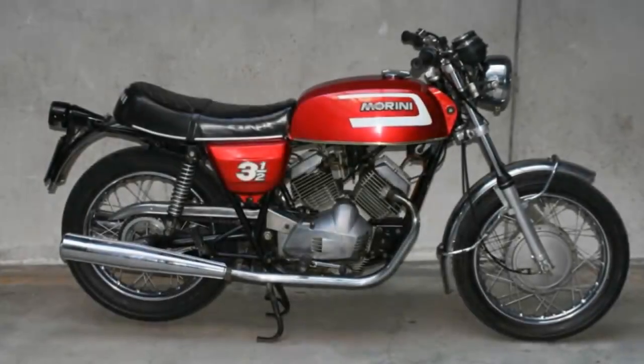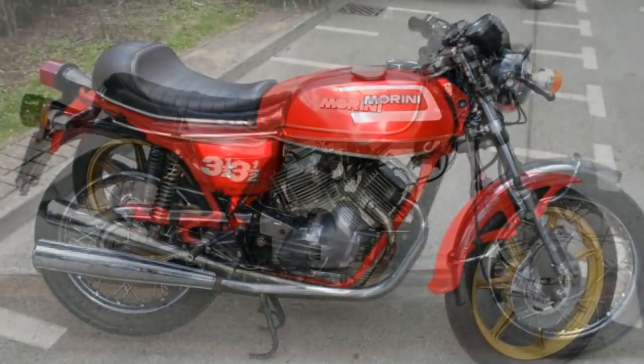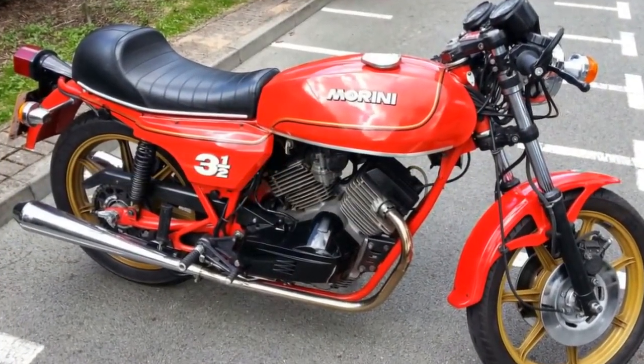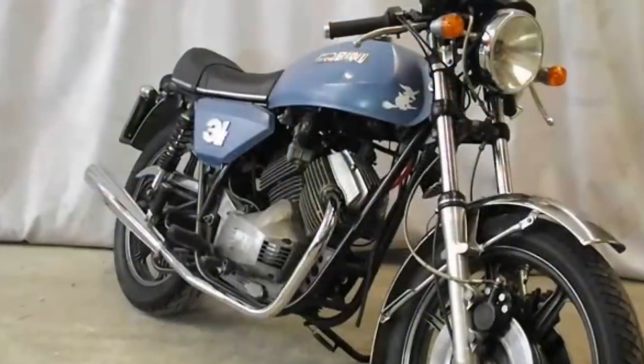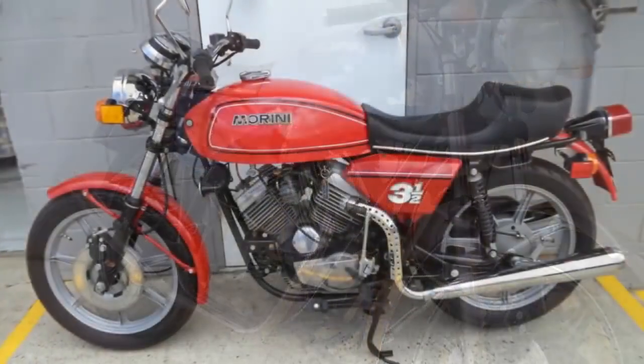Number 8. Moto Morini is an Italian manufacturer of motorcycles founded in 1937. Unfortunately, in 1969, the founder of the company, Alfonso Morini, passed away. A Ferrari engineer, Franco Lambertini, was brought in to design a brand new 350cc V-twin engine that would debut in